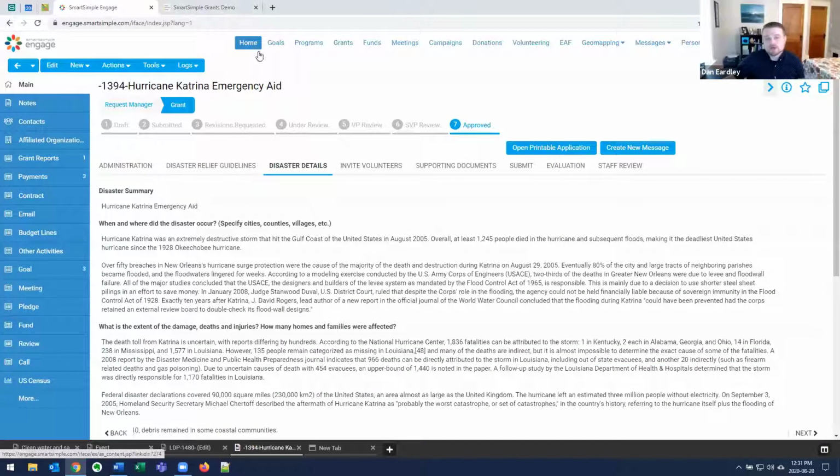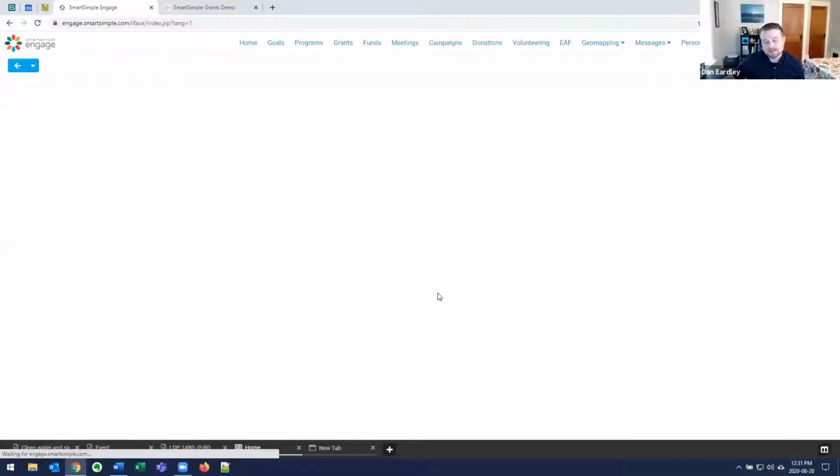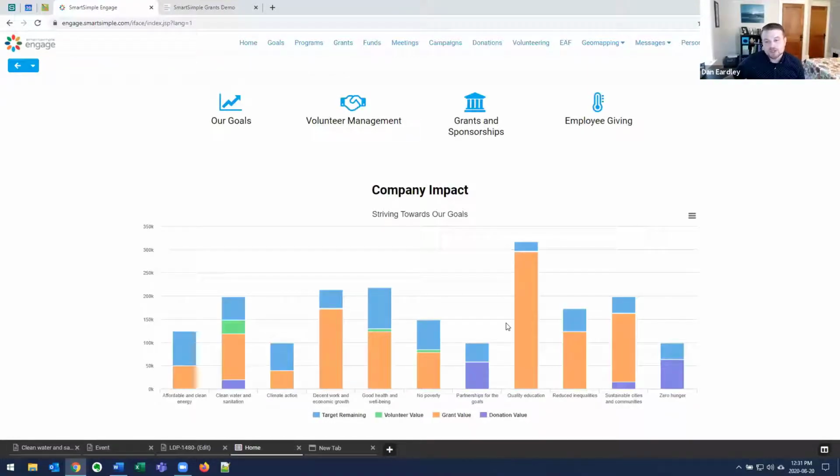And when we were talking about the goals aspect earlier, you can also take that data from a goals perspective, and you can chart those things as well, so that across your volunteering, your granting value, your donation value, you can own that and then present that as a whole and how your organization is achieving those goals. And these things are generated in the system, but you can present them anywhere you want. You can also take them outside the system and present them publicly.